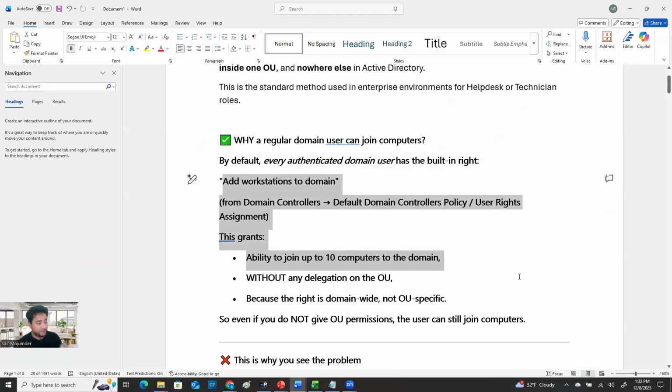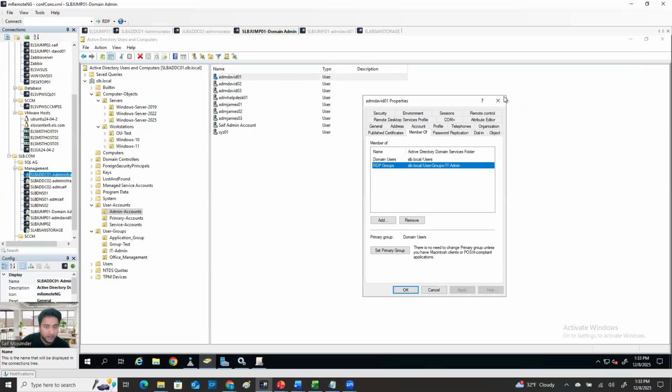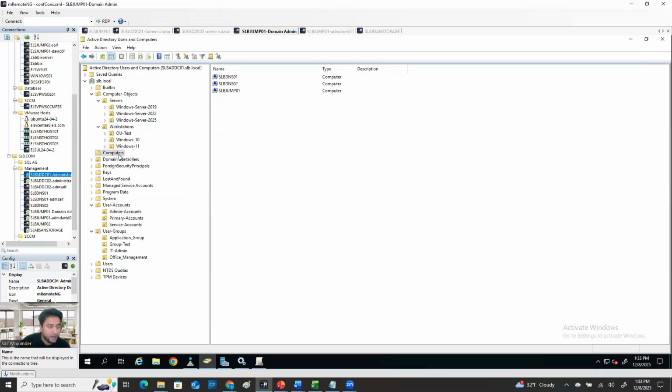But we should protect it. All enterprise-level companies already protect it. So why in the new environment is it not protected? Why will all regular users be able to join a machine to the domain in anywhere, any OU? Any OU means any one of them. And also, there is a default OU, which is Computers. So whenever you don't specify any machine,